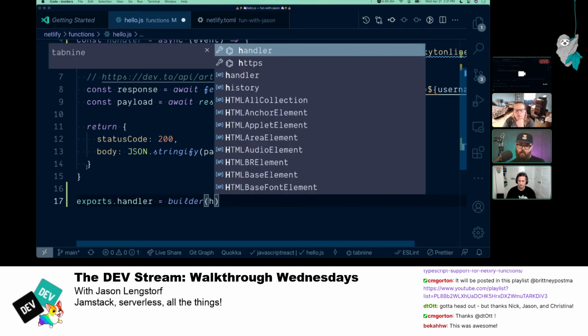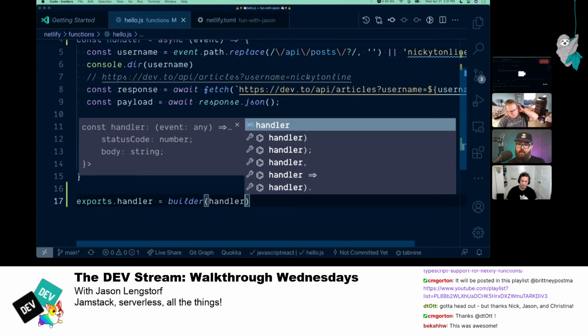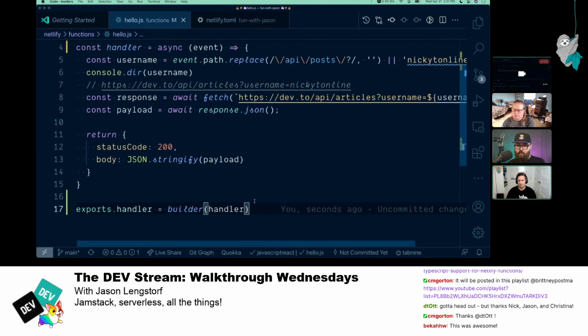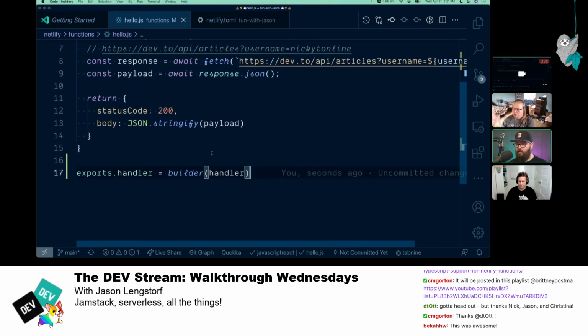When we wrap this, it's giving new functionality to our handler, kind of like a higher order component pattern. It tells Netlify to use the distributed persistent rendering pattern.